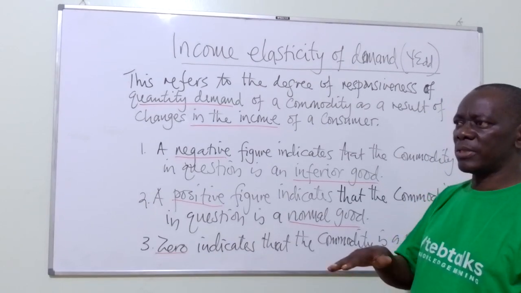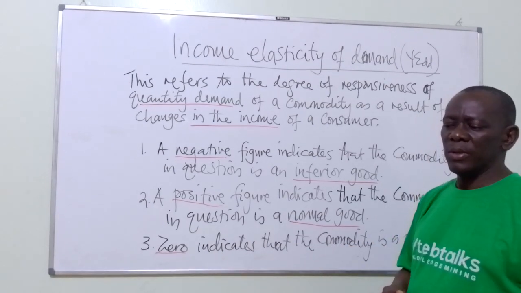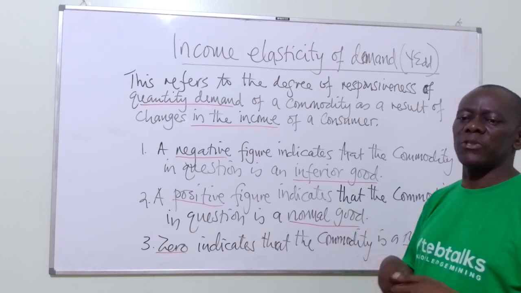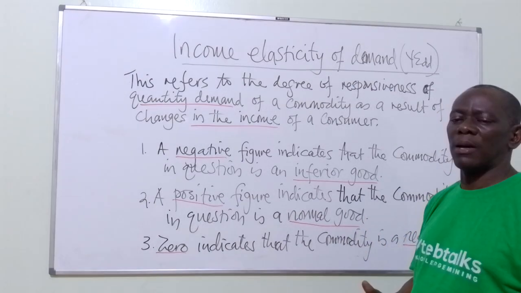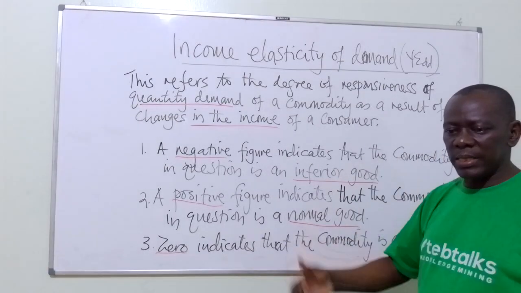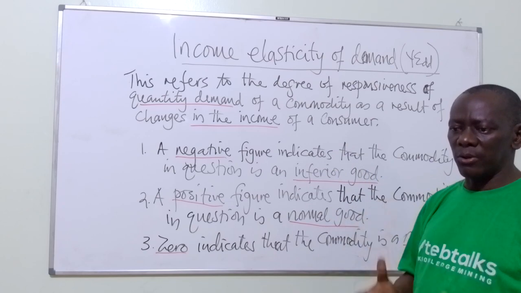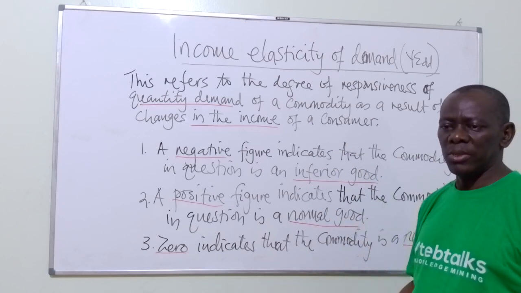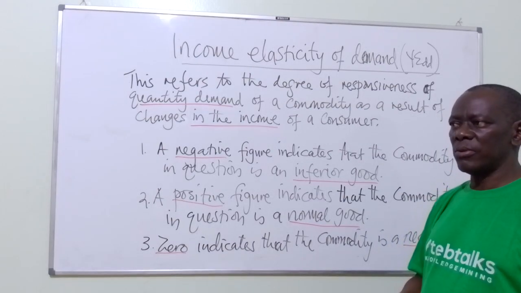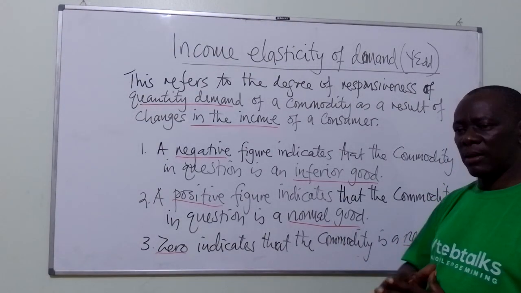So there is no almost standard example. Culture, society, status will determine which is normal and which is inferior. So there is no way you can say this commodity is internationally known as a normal good. This one is internationally known as an inferior good. It will be determined by different